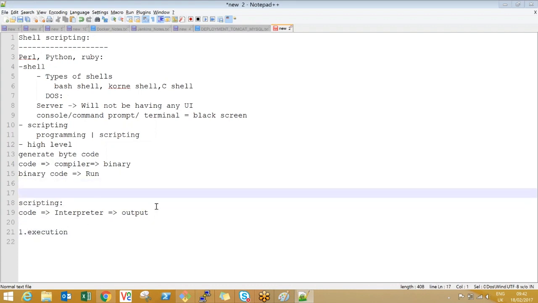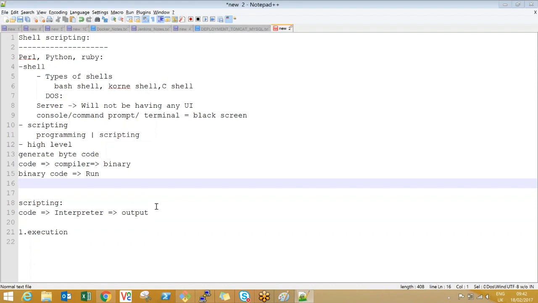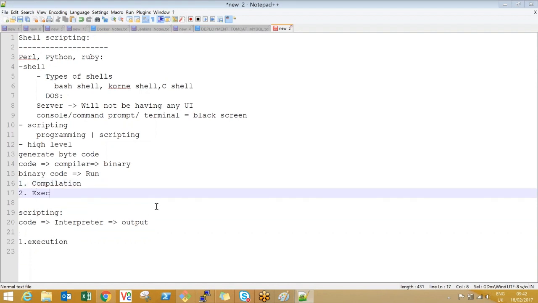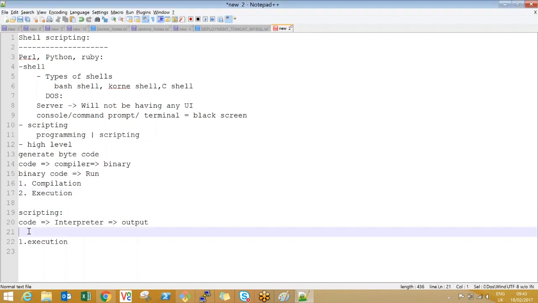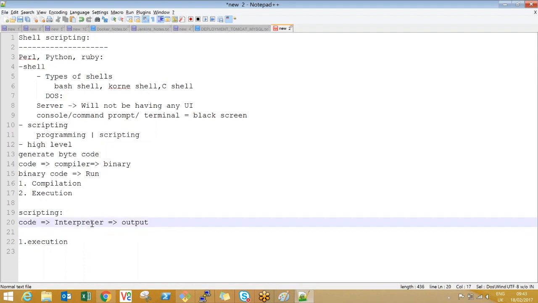But when it comes to programming, you have a compilation, and at the same time you have an execution. Did you get the difference now? In programming, C, Java, and all these programming languages have a compiler, and they generate some .class files, and those you run. But when it comes to scripting, you write a .sh file or a .pl Perl file or a Python file. You don't have any compilation. You directly run it. That's it. It's an interpreter. So that's the main difference.